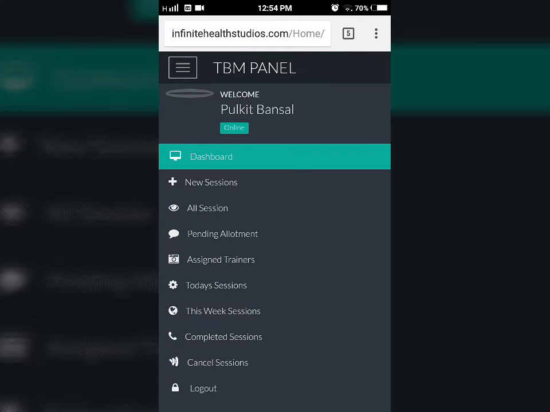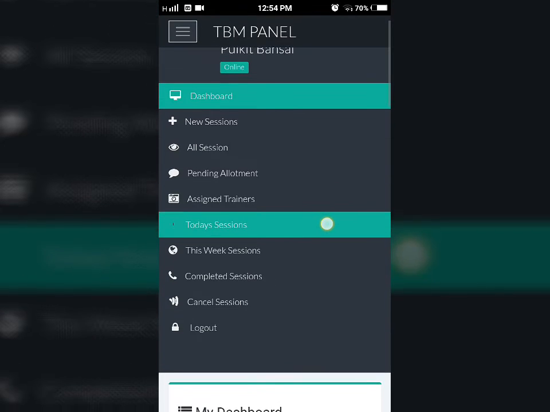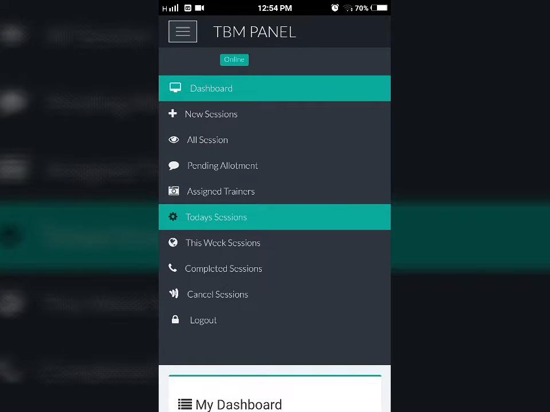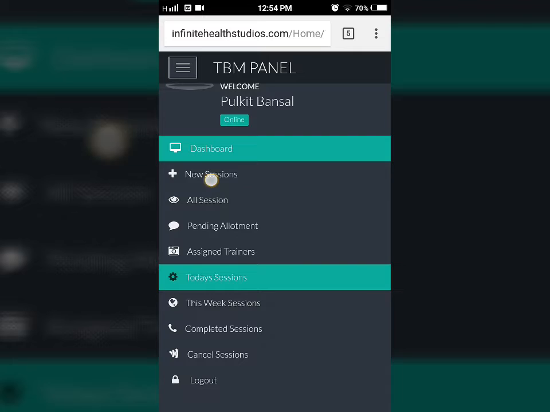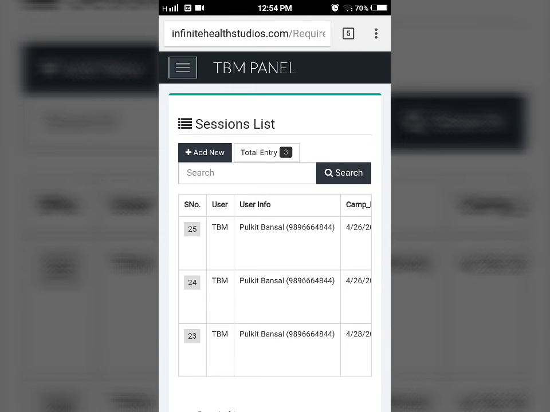On the top left, there is a comprehensive listing option which says dashboard, new session, and various other options which are self-explanatory. So let's just make a mock entry now. To make a mock entry, all you need to do is click on new session. A page like this will open up. Click on add new,